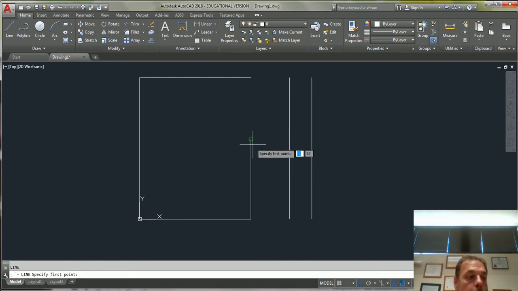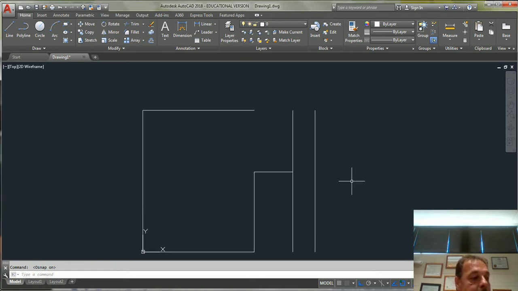I'm going to go L. I know that that degree starts right there. Watch that O snap as I hover over that. You can turn your O snaps on or off with F3. Ortho is F8. All right, so now I know that